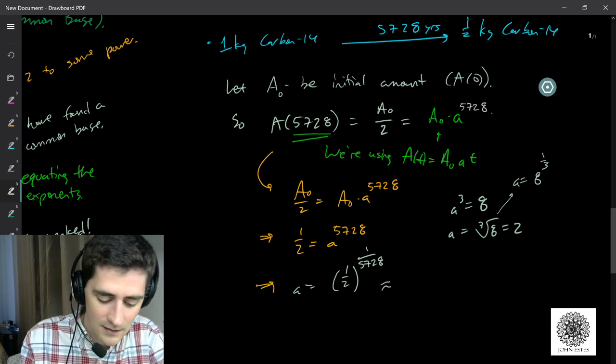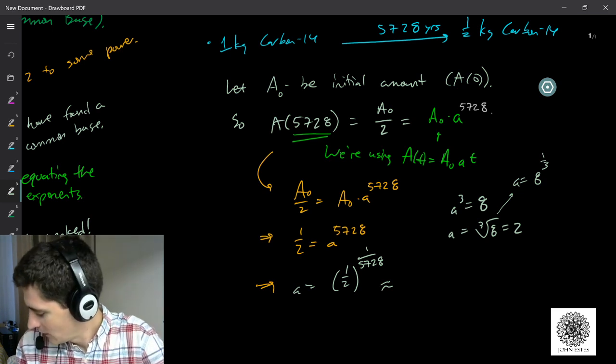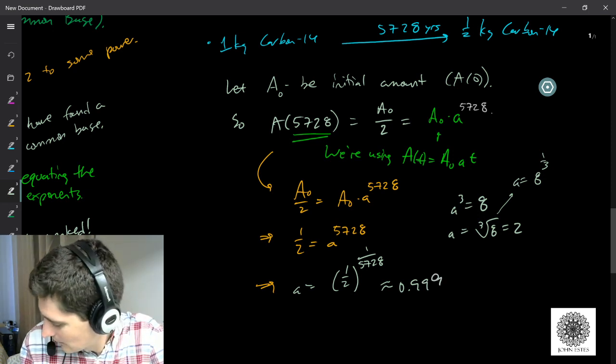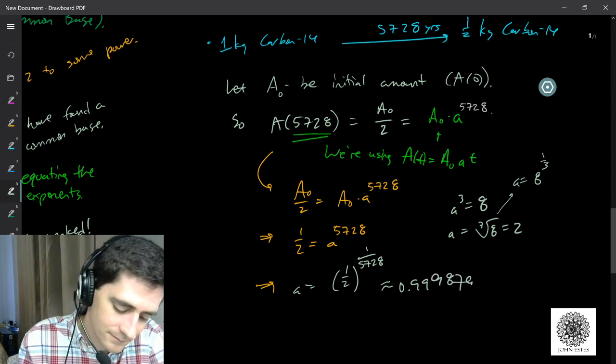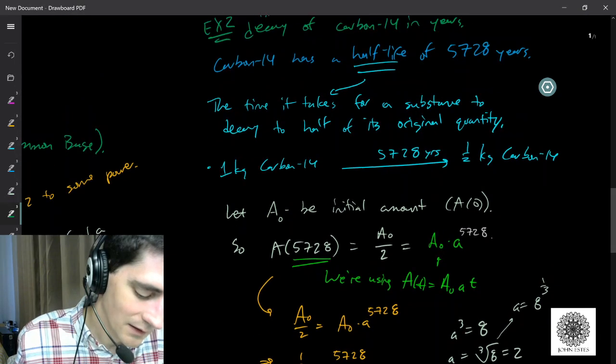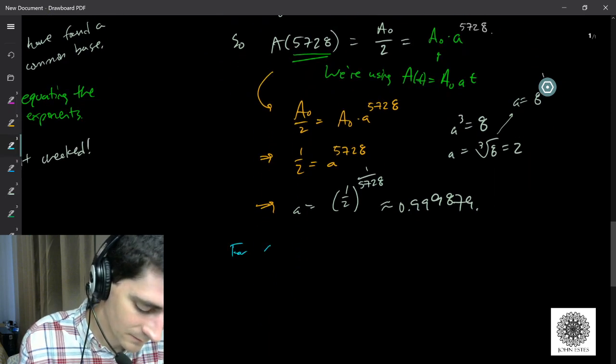Obviously. And so you can plug in 1/2 to that power, and you should get about 0.999879. Okay, so how quickly does carbon decay? All right, my function then for carbon. So for carbon 14,